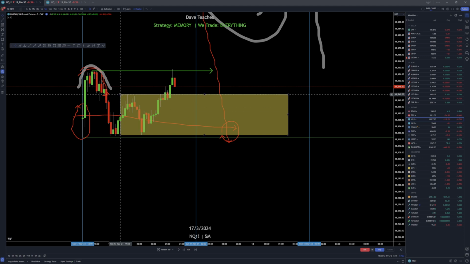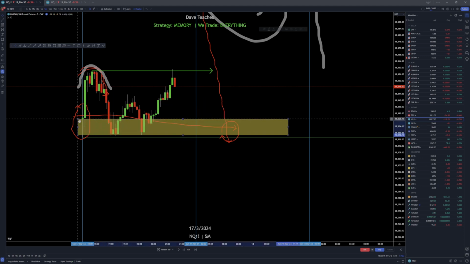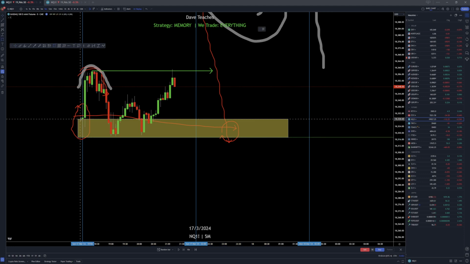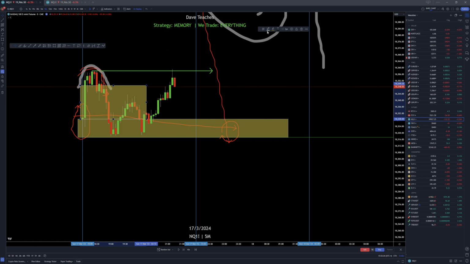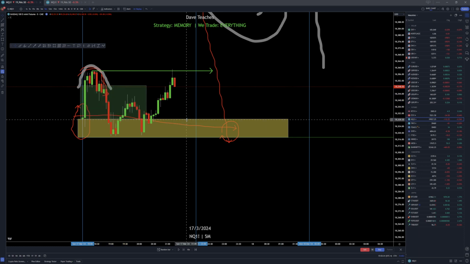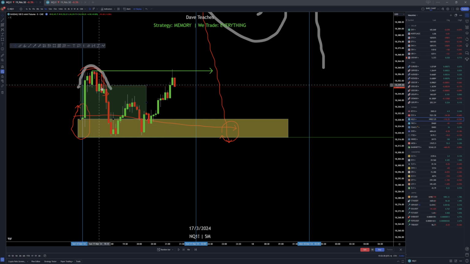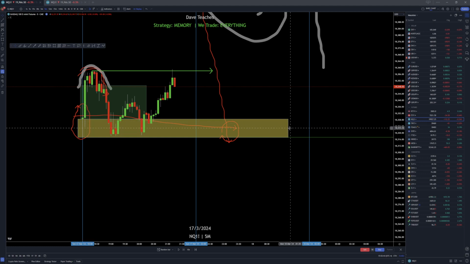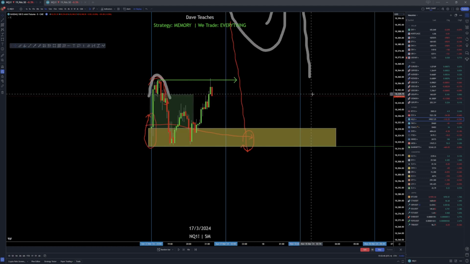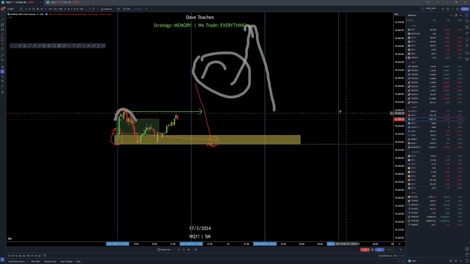So just know that the 4 hour opened here and traded to this low, right? So anything above, let me just make this a different color. Anything above this open is a body for the 4 hour candle. Anything below this open is just a 4-hour wick, right? So I'm saying that because